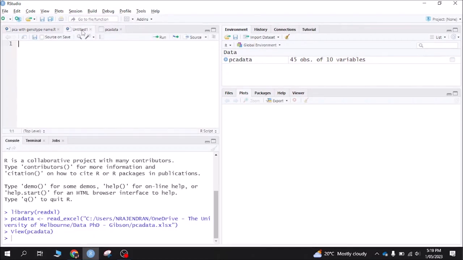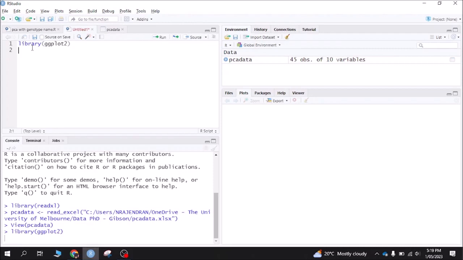So once the PCA data is in your console, now you need to write some code. It's a pretty simple one. I have already done a video on how to do the PCA biplot analysis using the FactoMineR library and the factoextra library. So here also we'll be using those two and 2 additional libraries. So in total we are going to use 4 libraries. The first library is library ggplot2. So we'll type that, control enter to load that, and another library is FactoMineR,